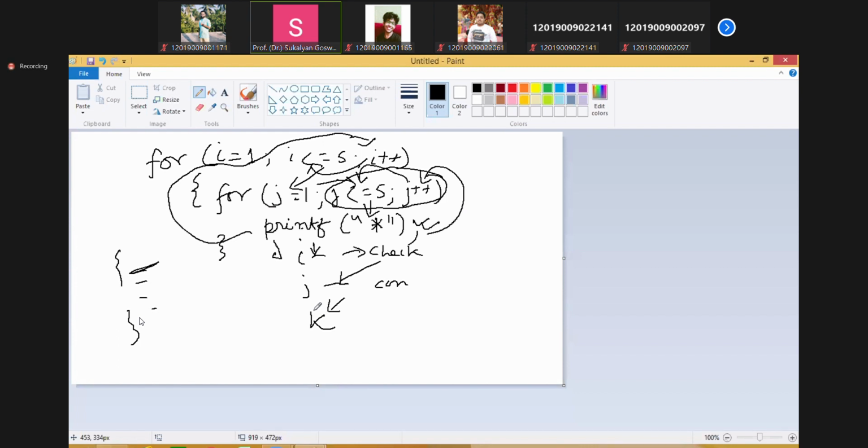Now when and where are these important? Whenever we need to print some pattern, we need to take the help of this nested for loop. We need to understand, suppose the output is 1, 1 2, 1 2 3, 1 2 3 4. Suppose you need to create this kind of output, then